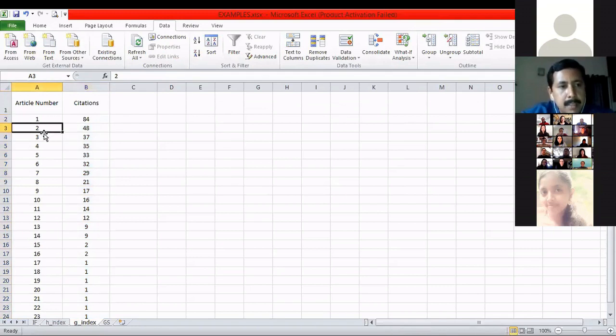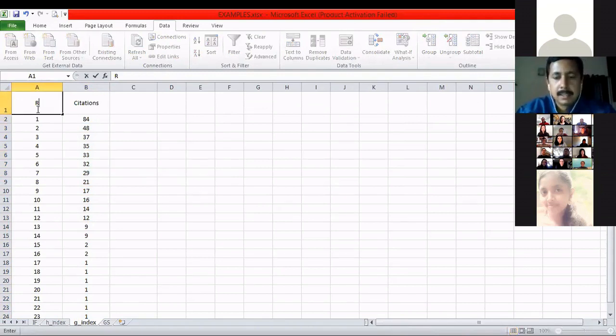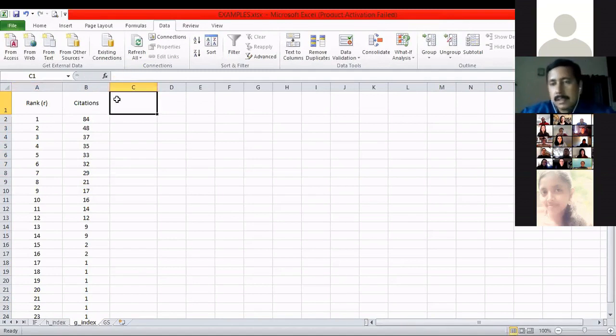Each one has been assigned a rank 1 to 25. So I can say this is article rank, this is R.